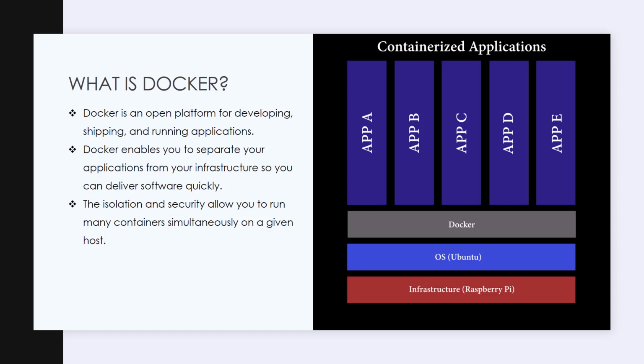So you can build an image of the applications which are all containerized, like app A, app B, and these can all be transported as images. The isolation and security allow you to run many containers simultaneously on a given host. As you can clearly see in the image, we have 5 containers inside which the software stacks used are completely isolated. This is because, let's say I have a node version in application A and a similar node version in app C. These two node versions can be different and can be transported differently to other systems as well.